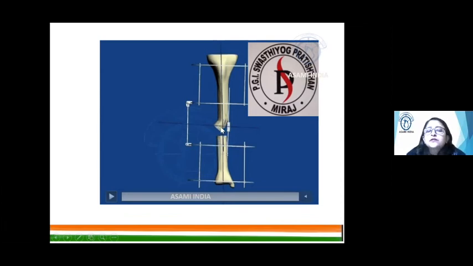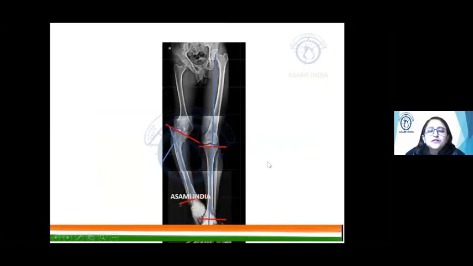Okay. So the farther away you go from the CORA, the more translation you will get. So when you are doing osteotomy at a level other than CORA, please don't go too far away from the CORA. Otherwise, you will get a large amount of translation. So this is osteotomy rule 2, when you don't do osteotomy at the CORA, but place the hinge at the CORA and get a perfect correction.